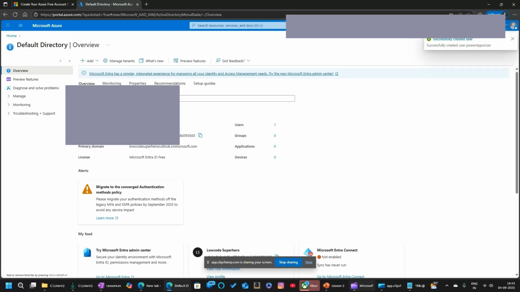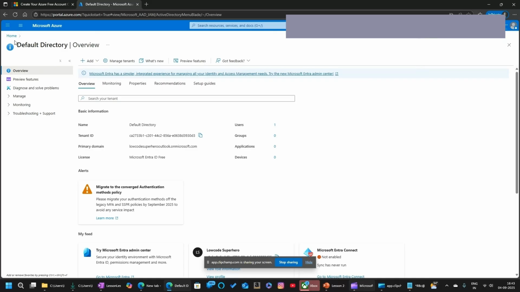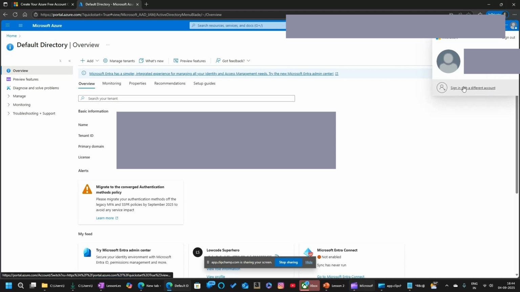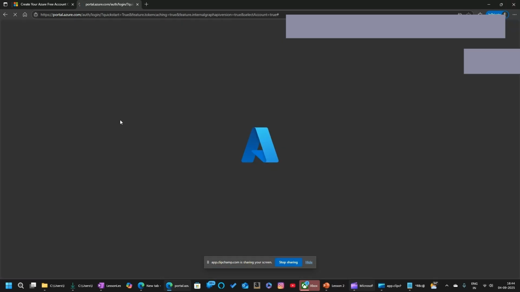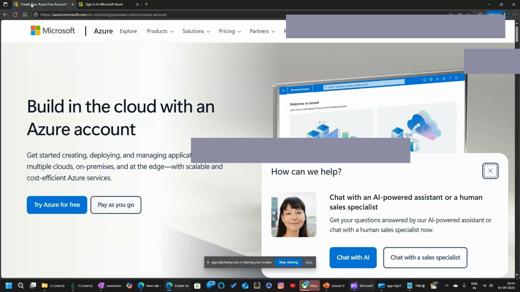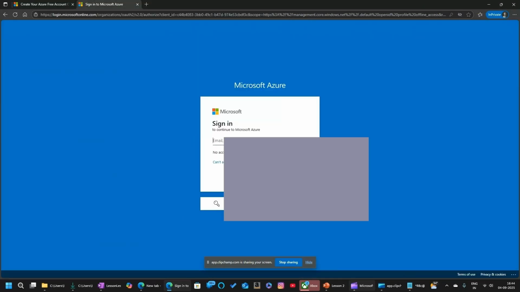So since a new user is created, you will be able to log in with the new user, and we are going to give the license to the new user. We won't give any licenses to the user ID that was used to create the Microsoft Entra tenant, or should I say Azure account. So we can click on this button called sign in with a different user. When you click this button, you can type in his